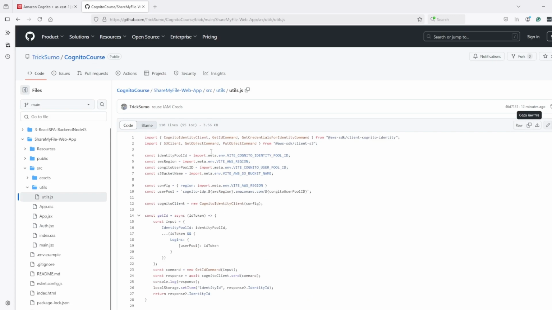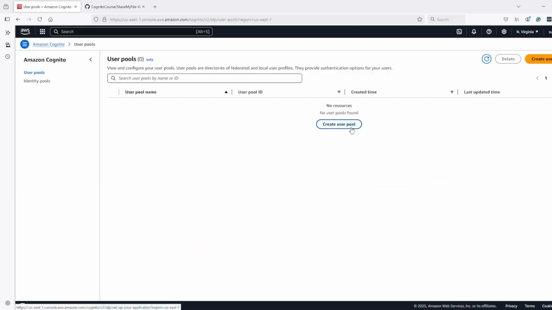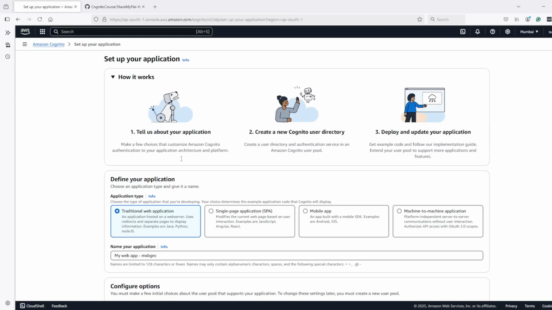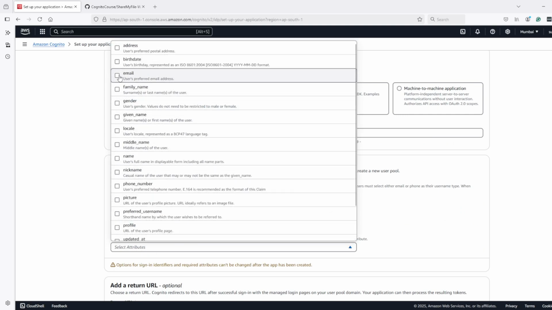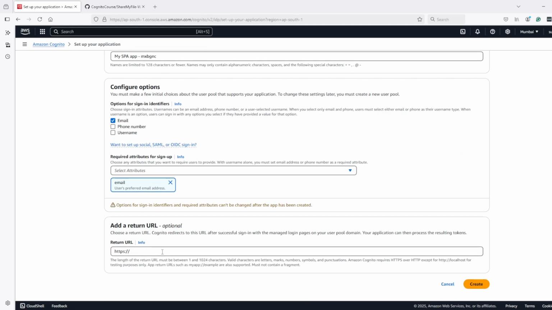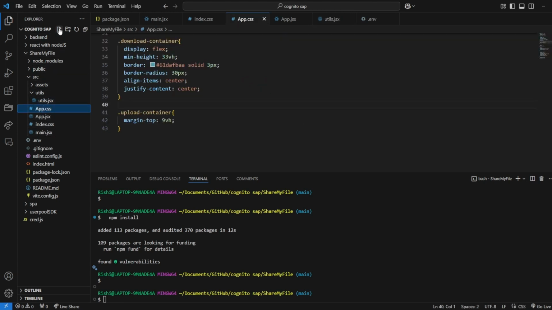Now let's go and create the resources. So first we will go to user pool, and I will go to the ap-south region, and here let's create a user pool with public client and email for sign in and sign up. For the callback URL, after successful login, we will redirect to the callback at this path auth.jsx, which I have not created. I forgot to create. So we will redirect here, auth.jsx,